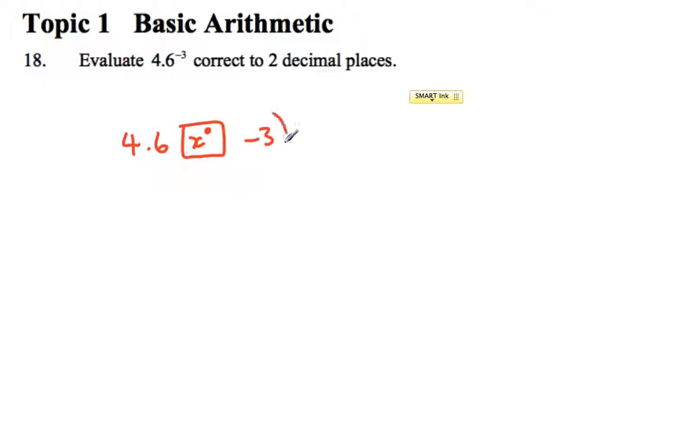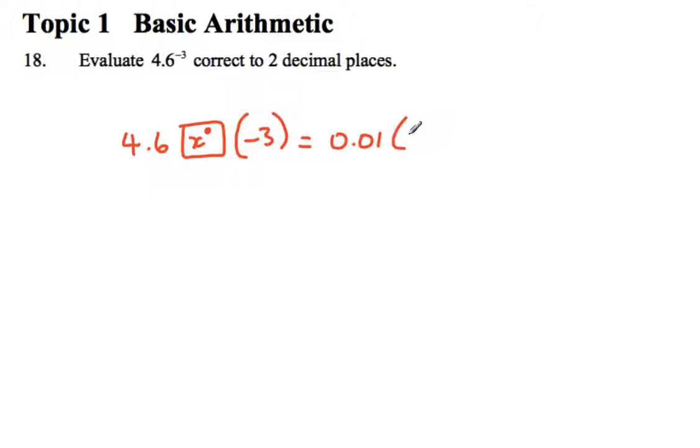Now I'd highly recommend you put that in brackets, because a power that's negative or fractional doesn't work straight away in your calculator. You've got to tell it that you're putting it to the power of a negative number, and if you press equals there, you should get, in my book,